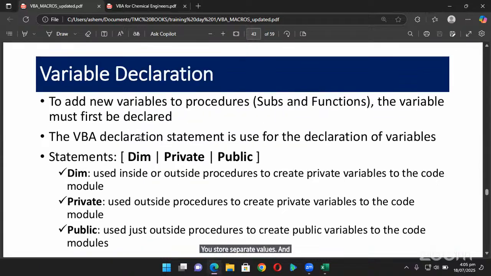And to use any variable in VBA, one must first define or declare the variable in the procedure, that is in the sub or in the function. To do that, you assign an identifier, either a Dim, Private, or Public identifier. These identifiers are used to declare or define any variable to be used in the VBA project. If one is to use Dim, Dims are used inside or outside our procedures to create private variables